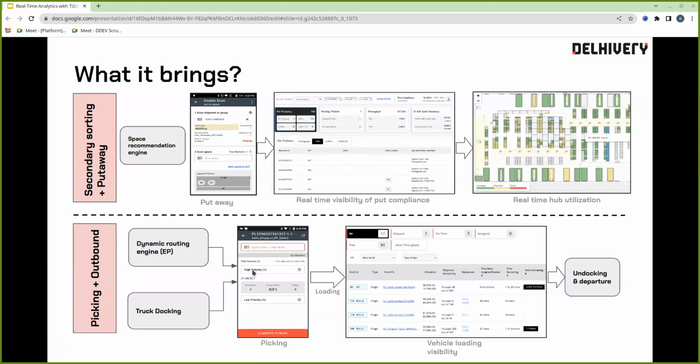And using these priorities, we dynamically select the appropriate connection and trucks that are departing to the respective destination in near real time, by combining vehicle data and routes in TiDB, considering the ever-changing network, which keeps on changing every minute. Now, by leveraging these capabilities, our solution optimizes the process of secondary sorting, put away, picking, and outbound operation